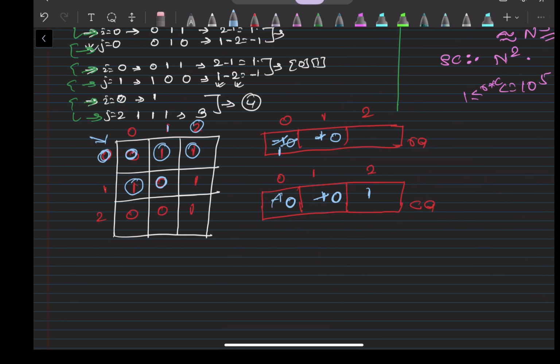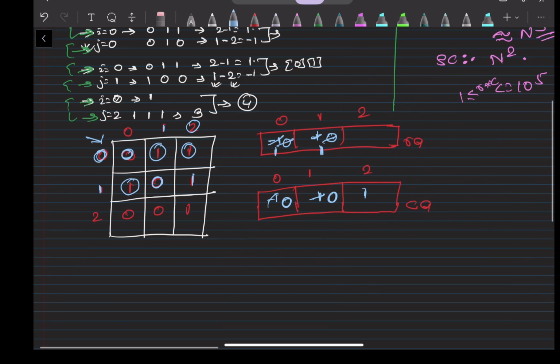Same way we will keep on filling. Here we will get 1, so the first row will become 1, and for the second column we have to add +1, it will become 2. Now if you keep on filling this,